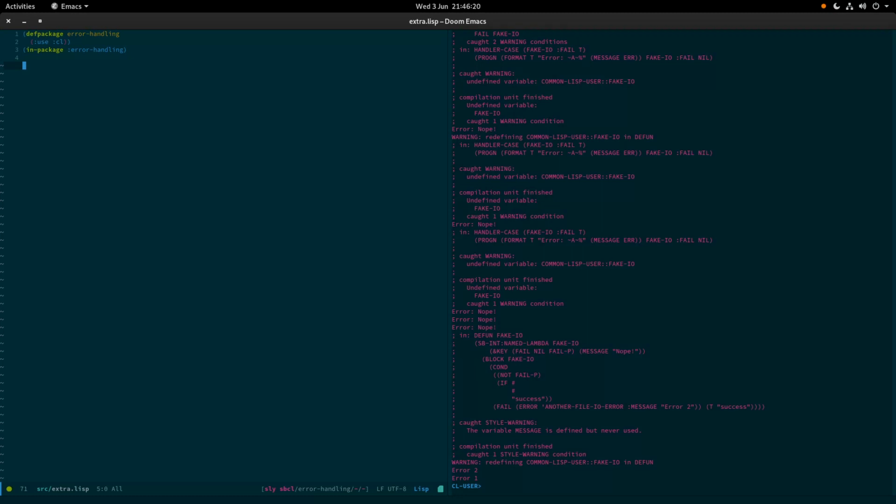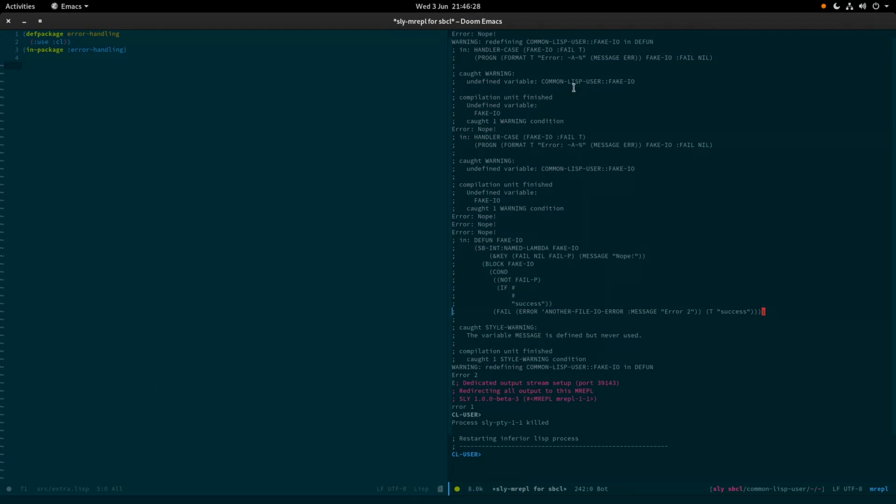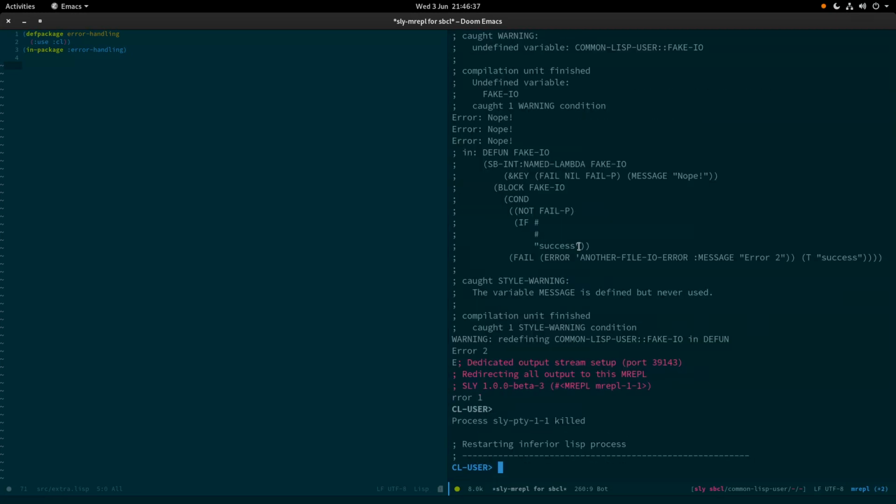Now, to be super clean, I've just restarted the REPL, so let's make that a wee bit bigger. We've got no symbols, no functions, nothing defined in this REPL here. So we're going to start completely from scratch, and we're going to do a little bit around